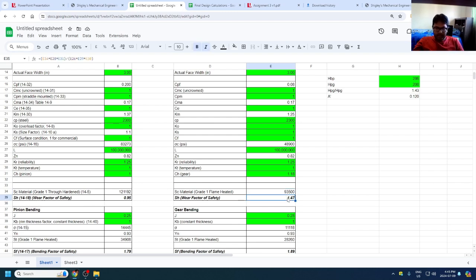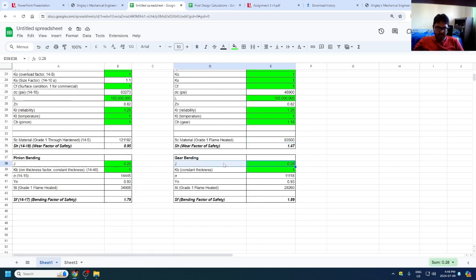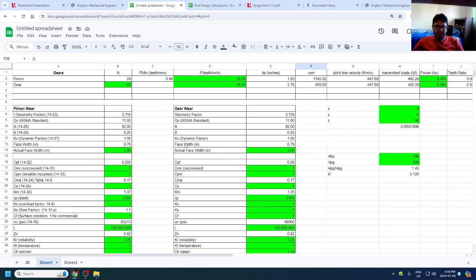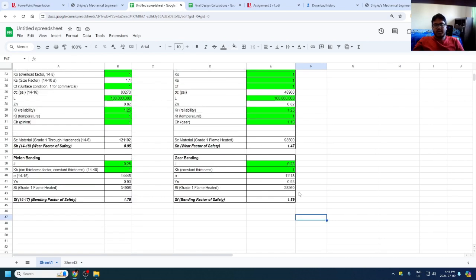Yeah, and we can calculate the wear factor of safety for the gear, and the same thing here, different J due to the different number of teeth, and other than that, pretty similar, and we can get our four factors of safety right here. So,